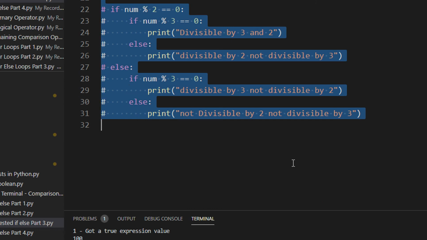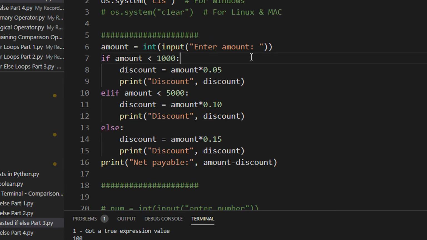So this example we will see later. First, let us concentrate on this example. So if and else you have seen in the previous block only, right? So here we are using elif. Basically, it's a short of else if. In C, if you remember, you had used else if to check for multiple if else. Here Python uses shorthand. It says elif. So you can have multiple elifs also, right?